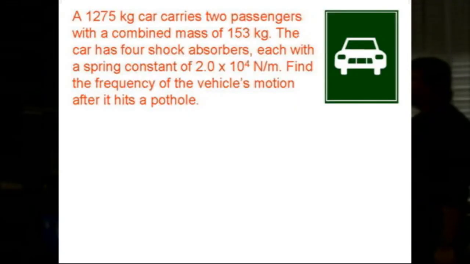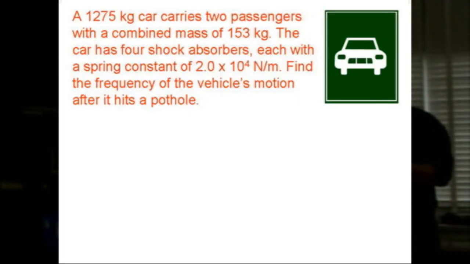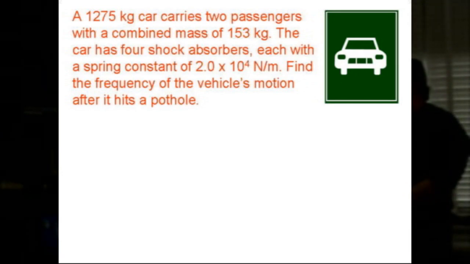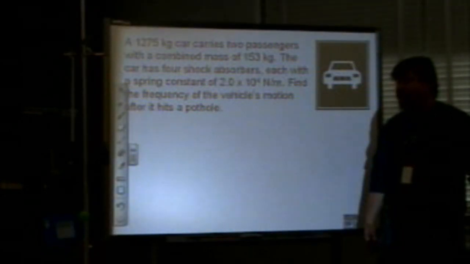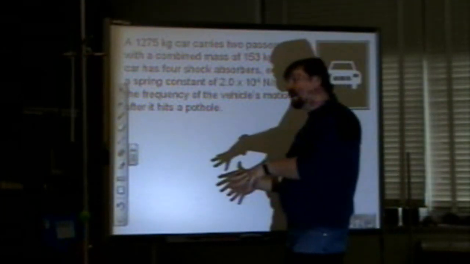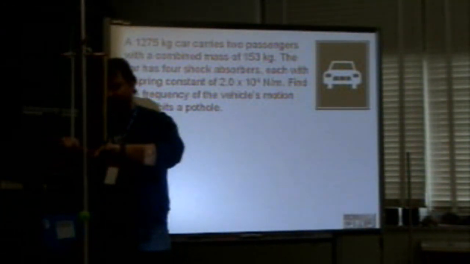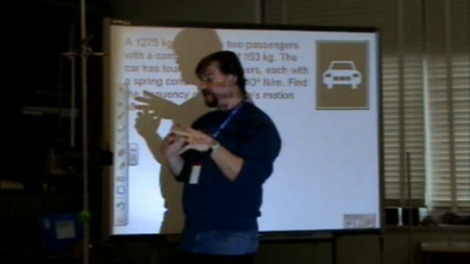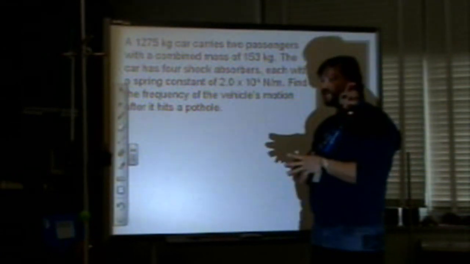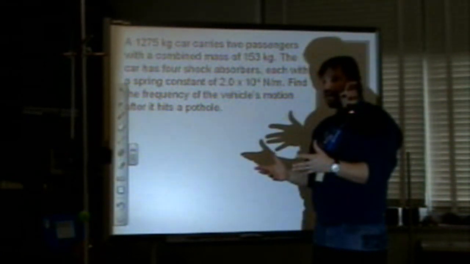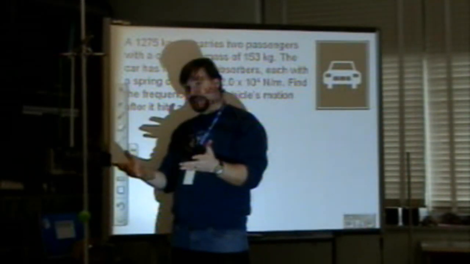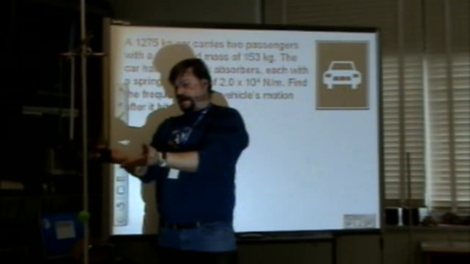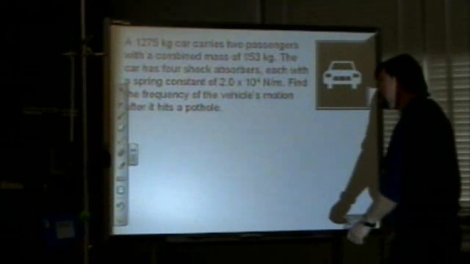All right, we have a 1,275 kilogram car that carries 2 passengers with a combined mass of 153 kilograms. The car has 4 shock absorbers, each with a spring constant of 2 times 10 to the 4th newtons per meter. Find the frequency of the vehicle's motion after it hits the pothole. So we're looking for frequency. We're looking at shock absorbers that go up and down, and we have masses attached to these shock absorbers. After it hits a pothole, they begin to oscillate with simple harmonic motion. We want to determine what the frequency of these